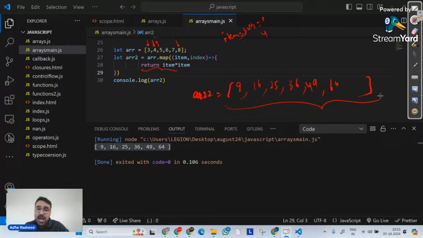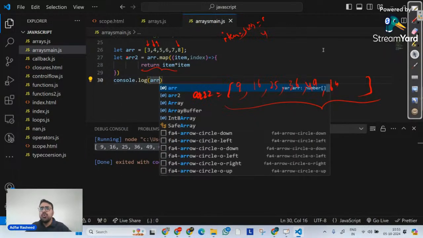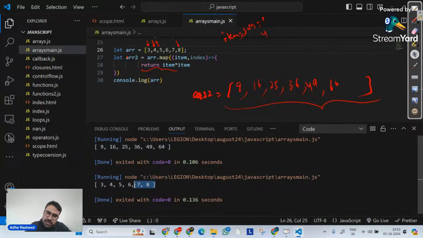Right now, Manmohan is asking a very simple question here. I don't want to store it in an array. Will it bring any change? We have to understand the most important point, which we have already discussed earlier as well: whether this method updates the original array or not. If I simply go console.log my ARR, you won't see any change there. The original array is as is. So I don't see any change in the original.